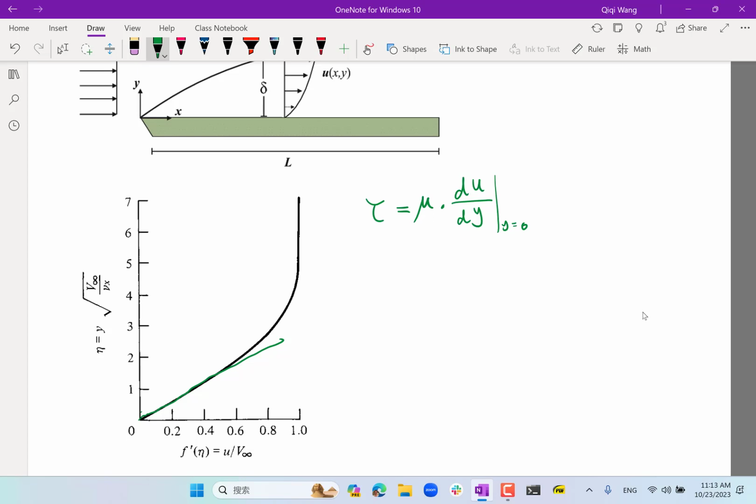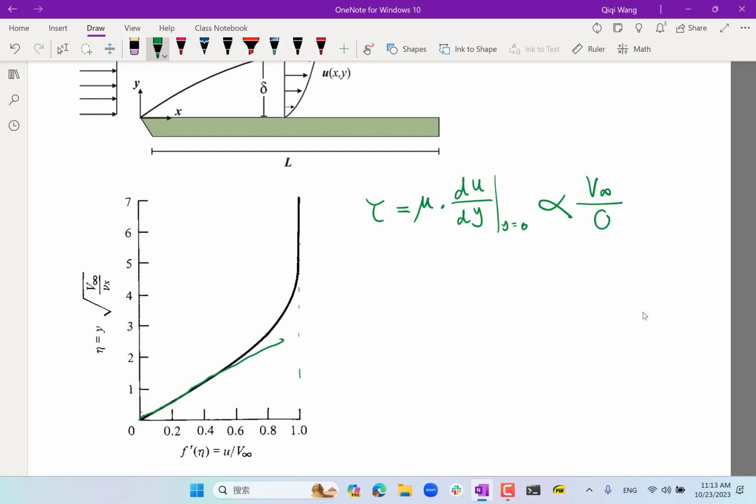So it is going to be a constant, whatever this slope is, right? It is going to be that constant of this slope on the picture times